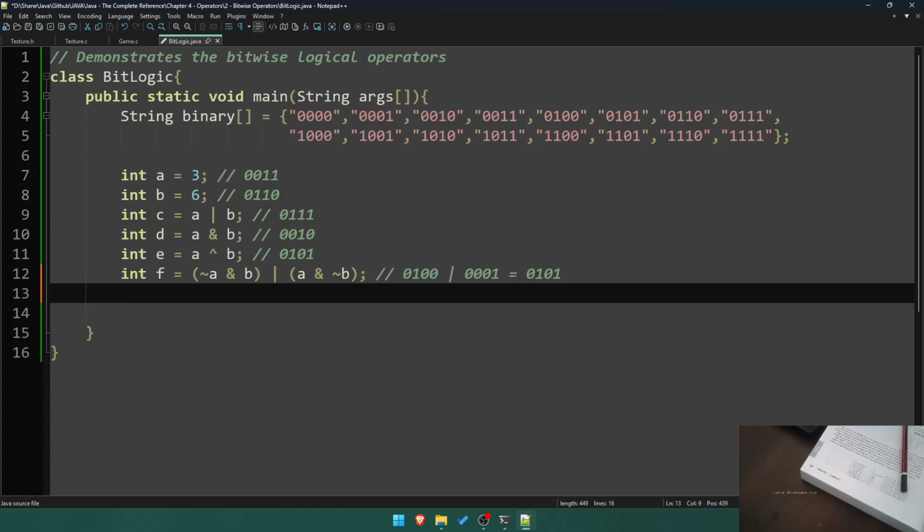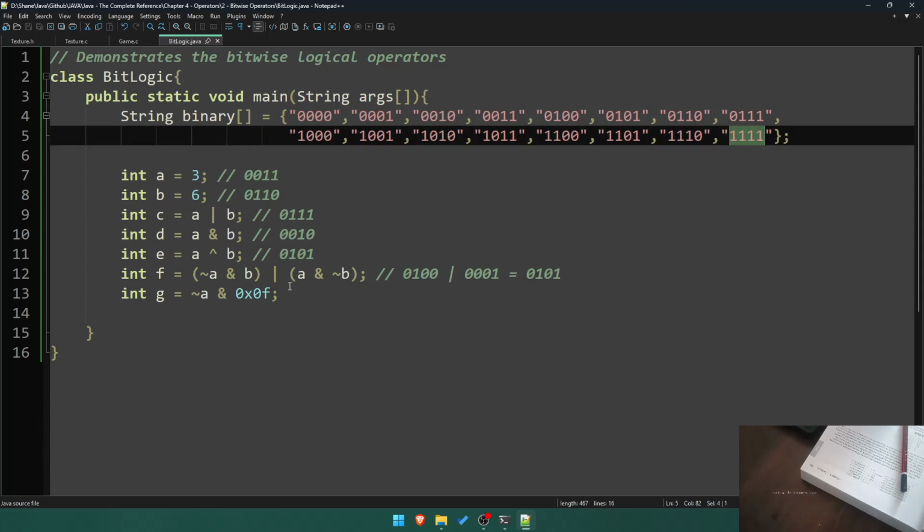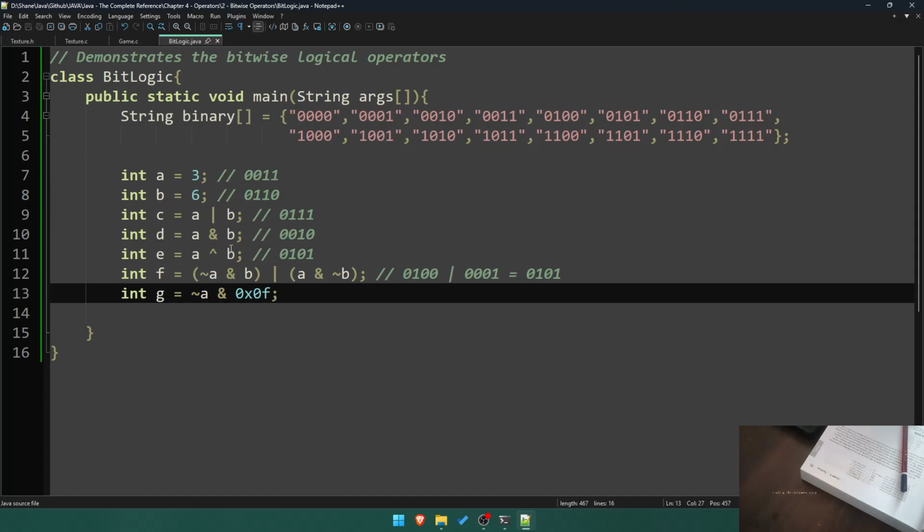Right. Then we have G. G equals not of A, and with 0x0f. So we are ANDing it with 15, right, with this. So we have not of A. Not of A is 1 1 0 1 1 0 0, and this is 1 1. So we will get 1 1 0 0,